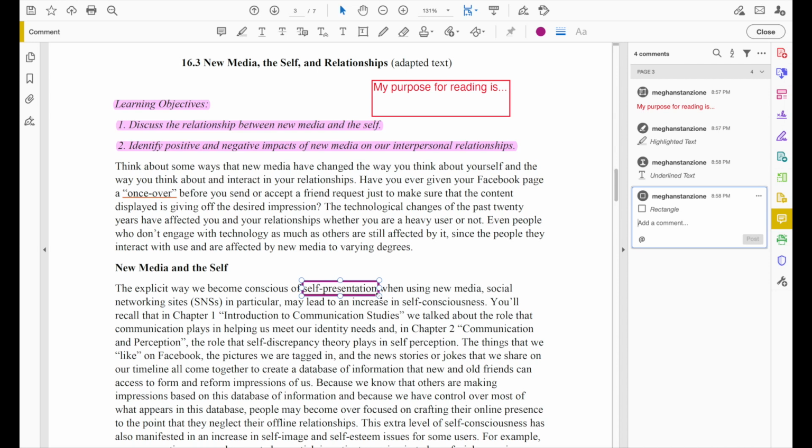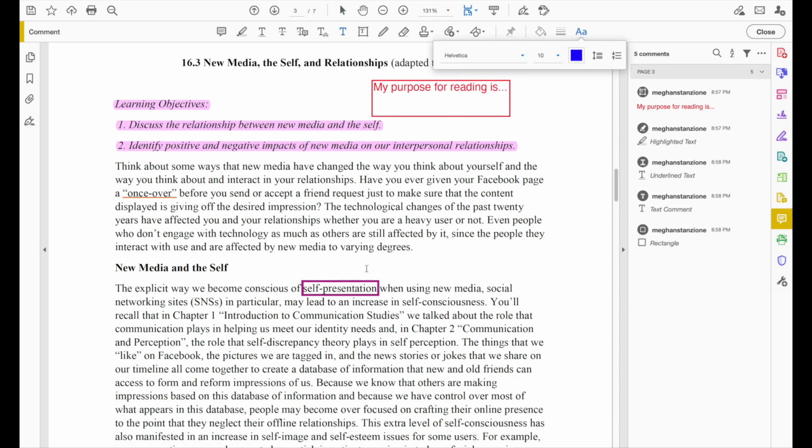Now you might want to do a little more with this by making a note or adding some kind of text so that you know why you put that box there. So we're going to go up to the Add Text feature. We'll click here, and then we can just begin typing wherever our cursor is. So we're going to put in our question that correlates with the boxed item. And as you see the text appear, you can make any changes to it you like. You can change the color, you can change the font size, you can make it really custom to what you need.